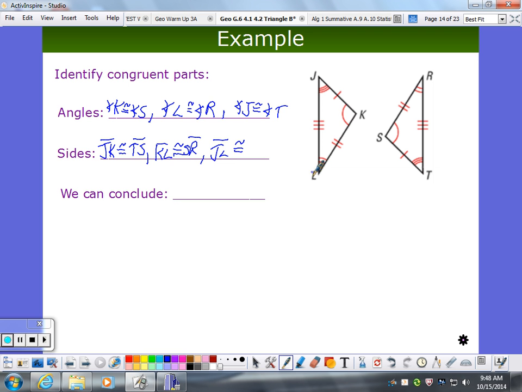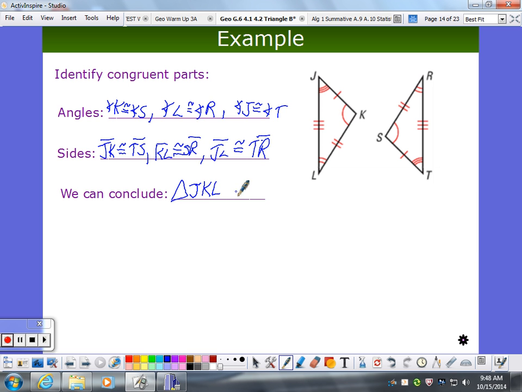What's it congruent to? JL is Abby? TR. Good. So now we've concluded the triangles are congruent because all the corresponding angles are congruent, and corresponding sides are congruent. So if I write